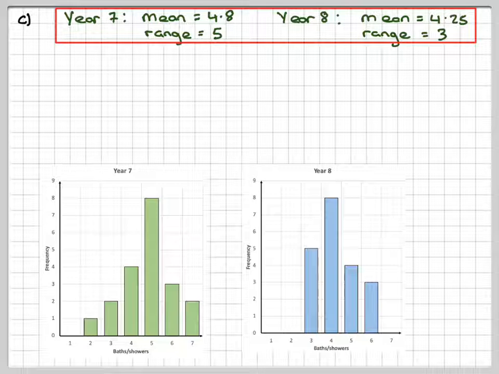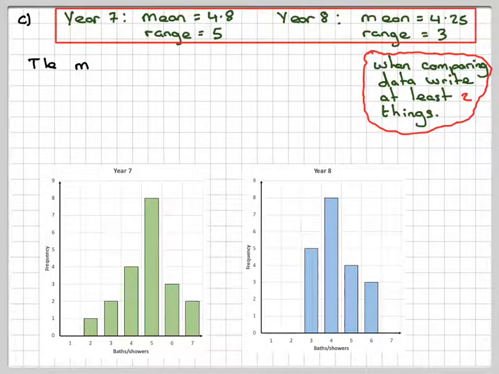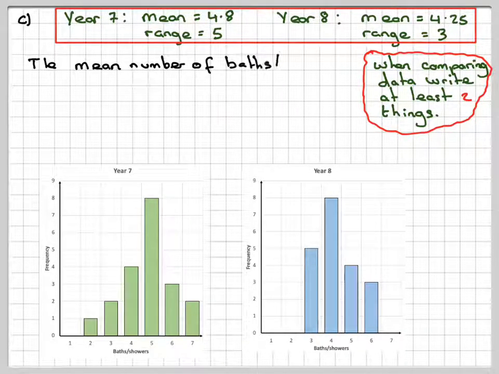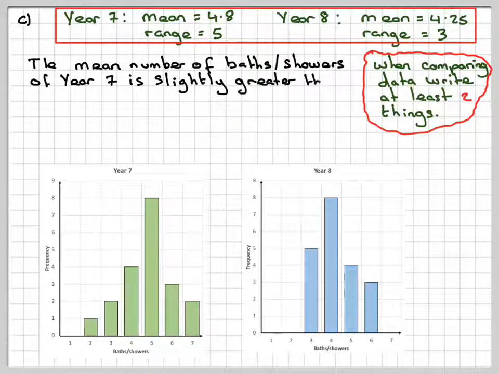Right, so summarising all the data here. We've got year 7 data, year 8 data, and the two original bar charts down here. Right, if we're going to compare, we need to write at least two things. The first thing, we're going to compare the mean. So the mean number of baths or showers for year 7 is just slightly higher than the mean for year 8. So if we're going to put it on the chart, that would be about 4.8. That would be 4.25. However, the range